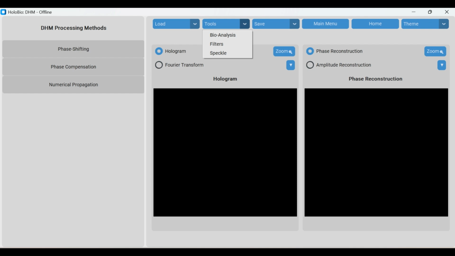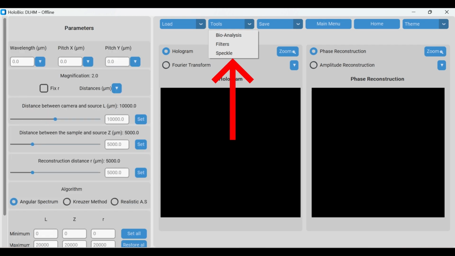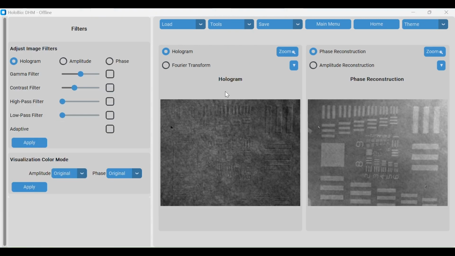In this video we focus on the tools package available in the offline DHA and DLHA modules. To explain the filter sections, I have already reconstructed a hologram so we can use its phase and amplitude images in the next examples. So in this area, you can apply filters to the hologram image, the phase, or the